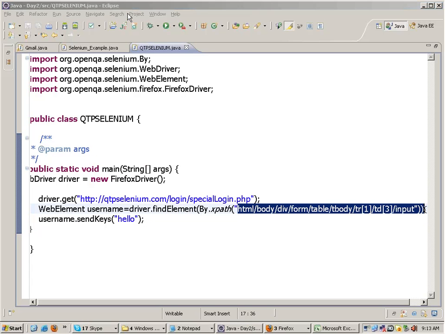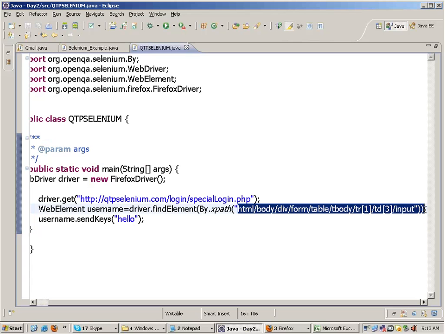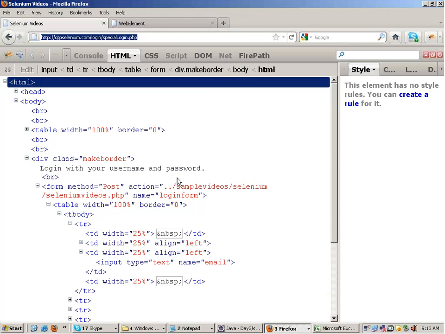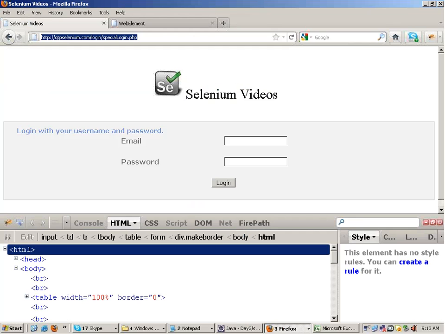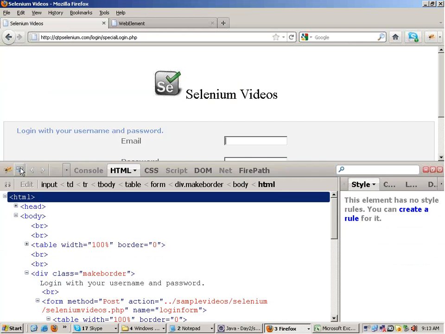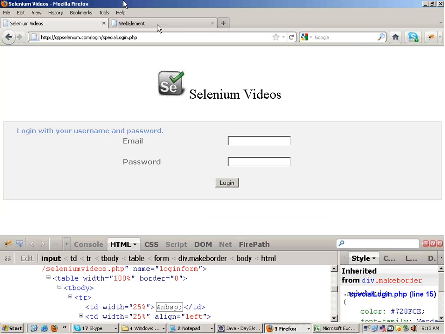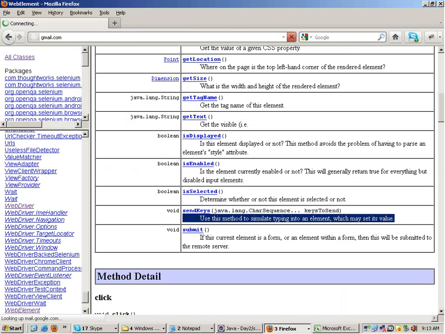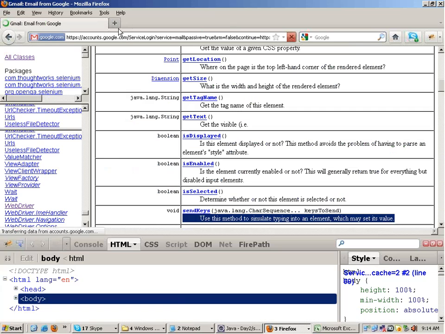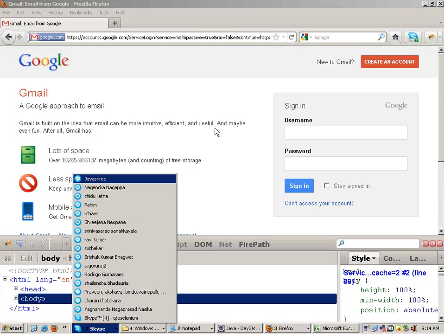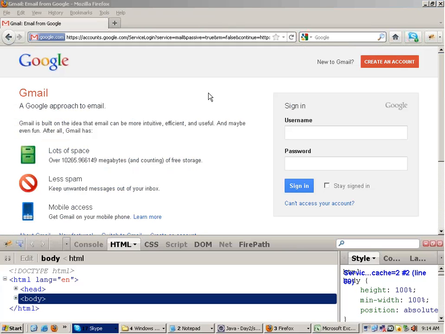So what we do, we don't use the complete XPaths, right? We use relative XPaths. How are relative XPaths formed? You can form a relative XPath like this. Suppose in case of my email field over here, this email field, or suppose we go to the normal example which we were doing earlier, Gmail. And to find the relative XPaths or the generic XPaths, you need to